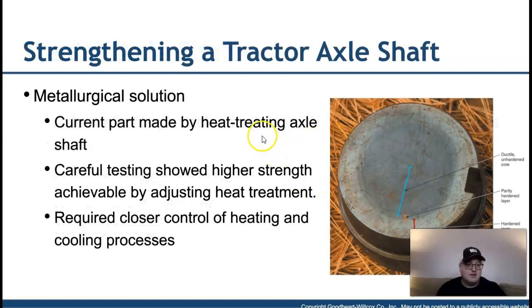Well, here it talks about what I had just said, heat treating the outside. So we have a nice ductile unhardened core. We case harden or harden the outside to a certain depth. That gives us a higher strength and wear resistance on the outside. Of course, typically the harder metal becomes, the more likely it might be to twist or break apart. That's why we want the inside core to stay softer and a little bit more ductile. These are types of applications that we're going to be running into as we go through and study metallurgy